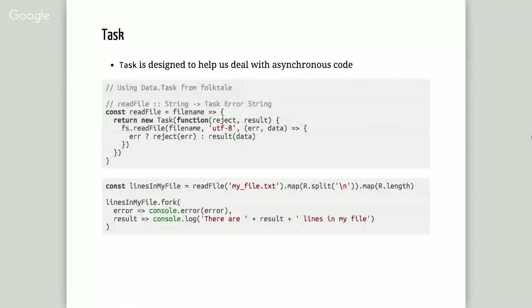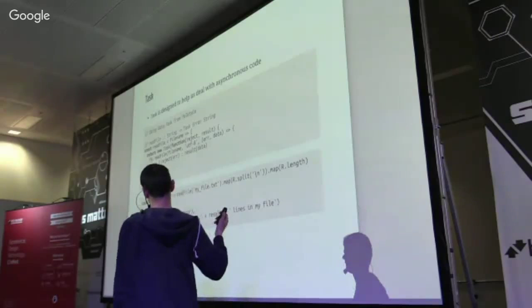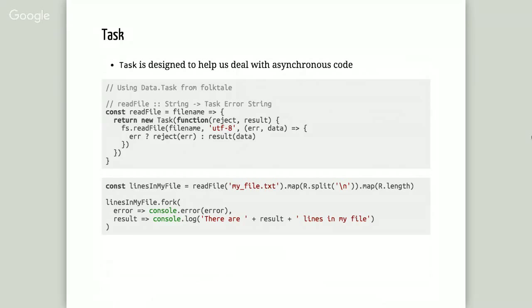I would like to just show you briefly one called Task. I'm not showing the implementation of this, but Task is a functor which we can give something which is going to do something asynchronously, and we can call either reject or result. So we've got two callbacks we can call, and then we can compose as normal, so we can read a file, split it into lines, get the length. And then when we want to actually execute this, we call fork and give it an error callback and a